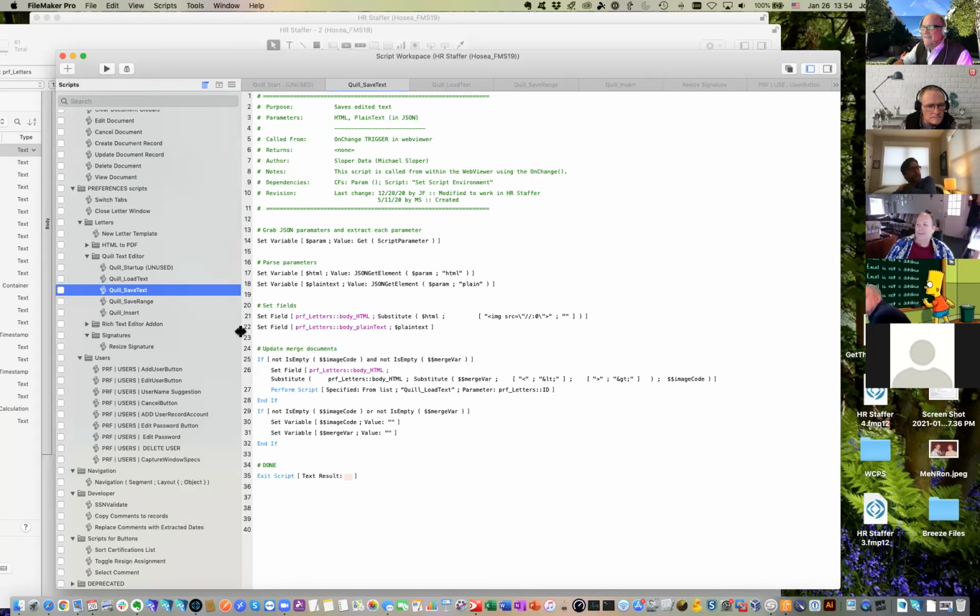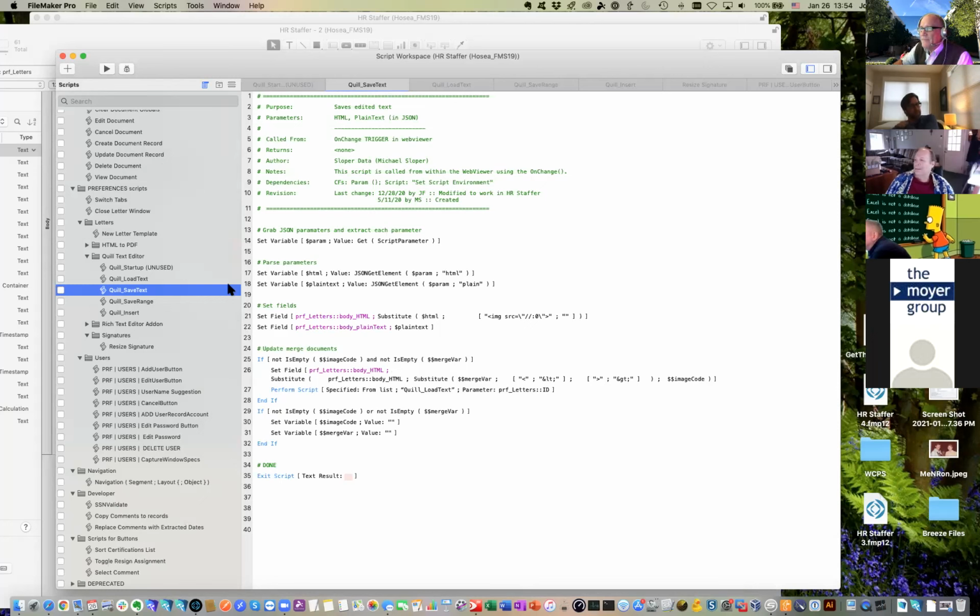So are you saving that merge text right into the HTML? Just saving the text into the HTML, right? Okay. And so then when I come back to the save text, the parameters that get sent are the HTML and the plain text, just like before. And actually, this is the same script, but down here, if I have saved image code, which is something that I saved when I click that button,